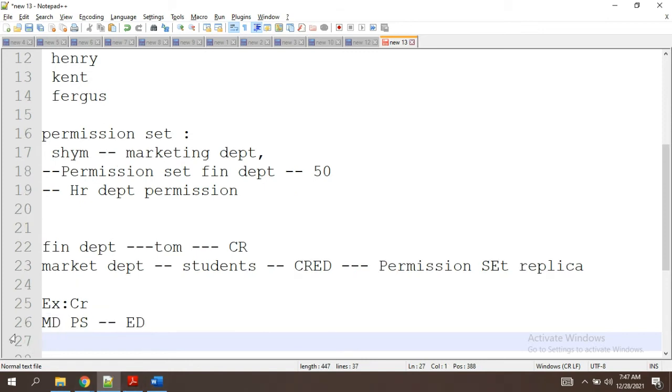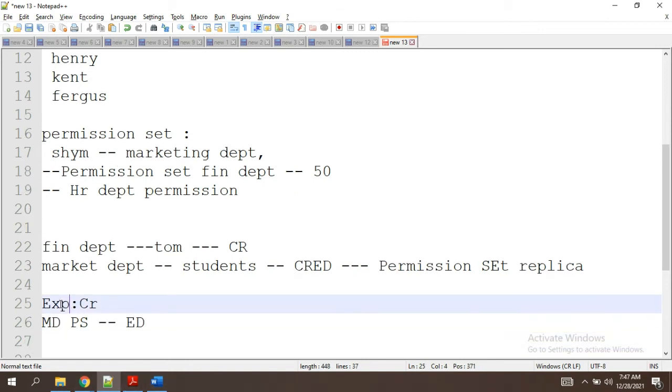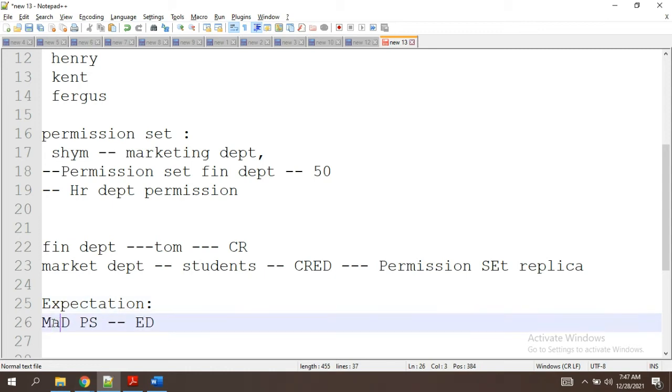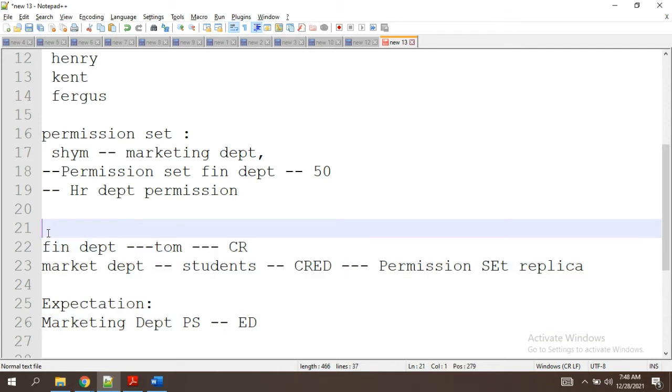This is the expectation now. Extra permissions are these two. Okay, we have added. So this is the requirement right now.